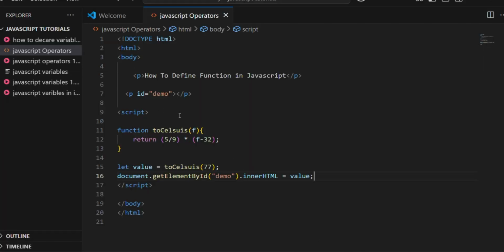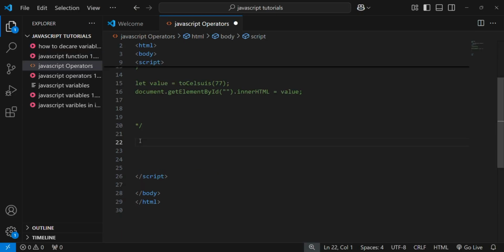And as you see here on my web page, this is what is going to display. So this means that you have written your first JavaScript function. So moving ahead, the second method on how to declare a function in JavaScript is by making use of the function